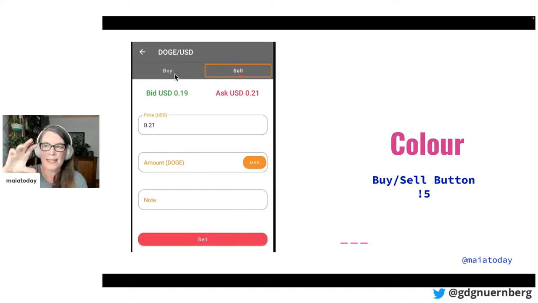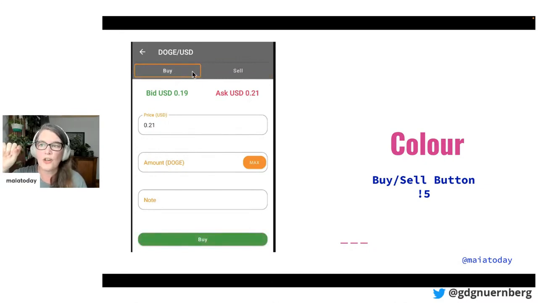The whole screen is in either state buy or state sell. And now at the bottom here, when they change their mind, this button will change from red to green. But I don't want it to flash red and green because that would make my customer even more nervous. So I want this color to change slowly between red and green. The thing to notice here is that it's just one thing that changes. It's just one color.